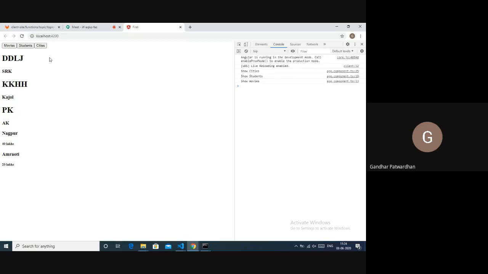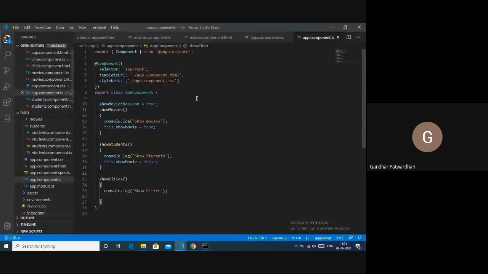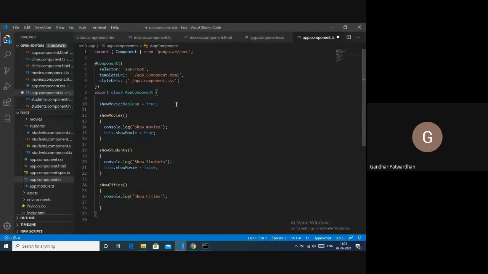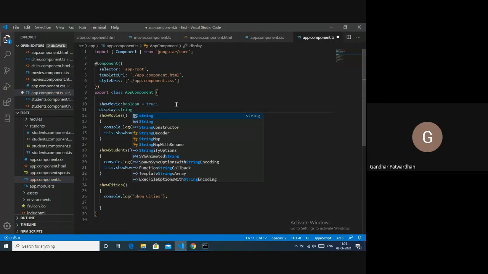It cannot have three values. That is the reason you cannot apply the same logic here. So what will we do? We will tweak the logic. I'll create a variable called display, and I'll use the data type string, and I will call it movies.